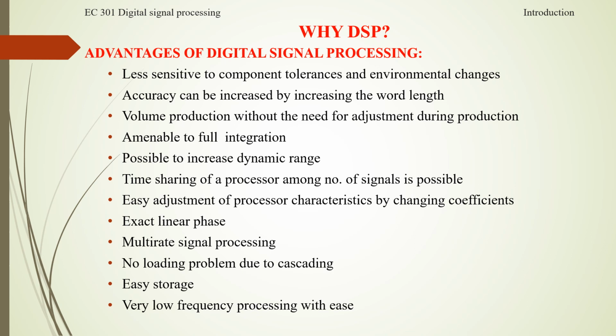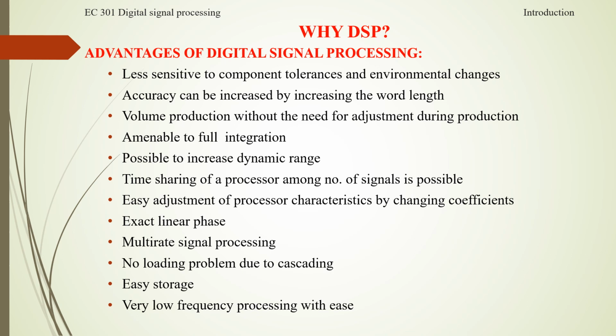The same DSP processor can do operations on different signals. For example, if one signal exists at 0, 2 microseconds, 4 microseconds, 6 microseconds, and another signal is placed at 1 microsecond, 3 microseconds, and 5 microseconds, then the same DSP processor can operate on both the signals. Thus, time multiplexing is one of the great advantages of DSP. You cannot do it with ASP.